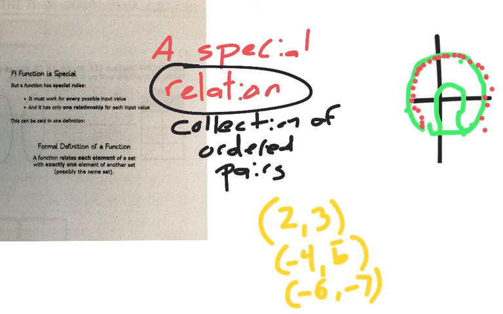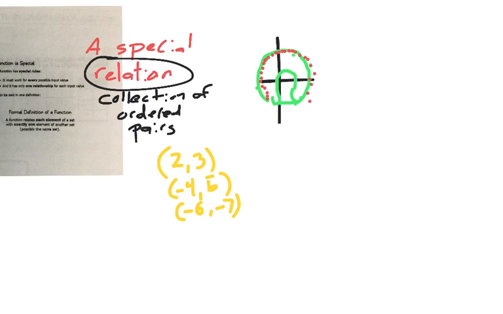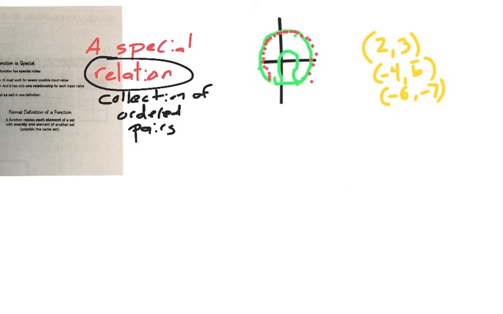So go back to what we're talking about. A relation is just any collection of ordered pairs. We can write it a bunch of different ways. So what makes a function different? Well, it's a special kind of relation. Okay? How special is it? Okay, it's so special because every